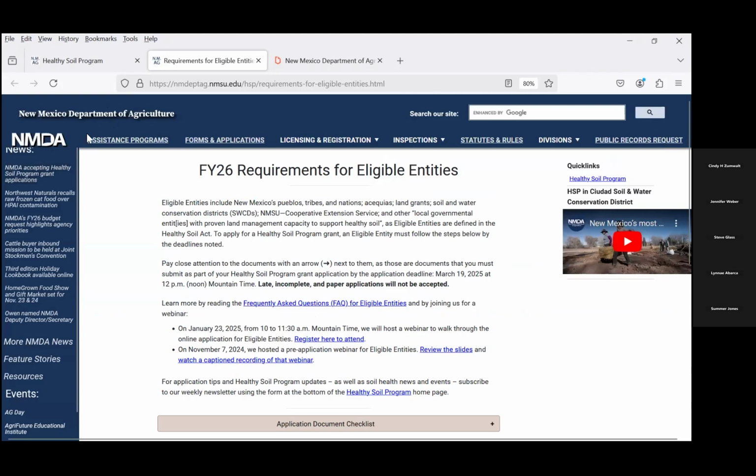Other places you can visit certainly while you're on NMDA's website, but here when you land on this page, we offer the reminder of what qualifies as an eligible entity, the reminder of our deadline, March 19th at noon, and the important note that late, incomplete, and paper applications will not be accepted, meaning they won't be reviewed. So if you want your application reviewed, make sure it's on time, that it's complete, and of course it's submitted